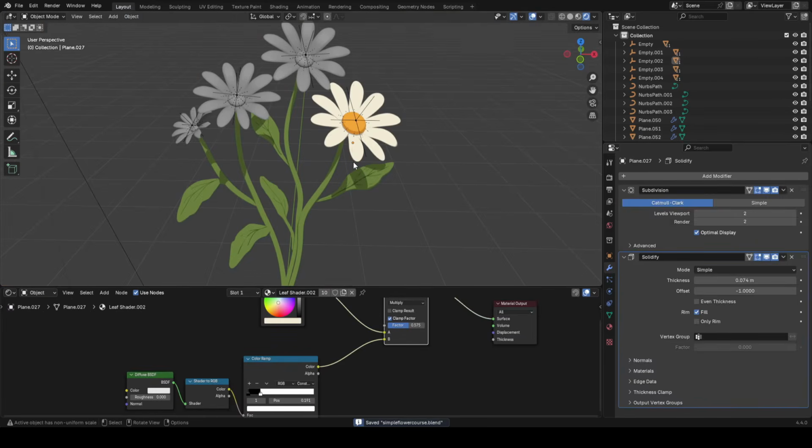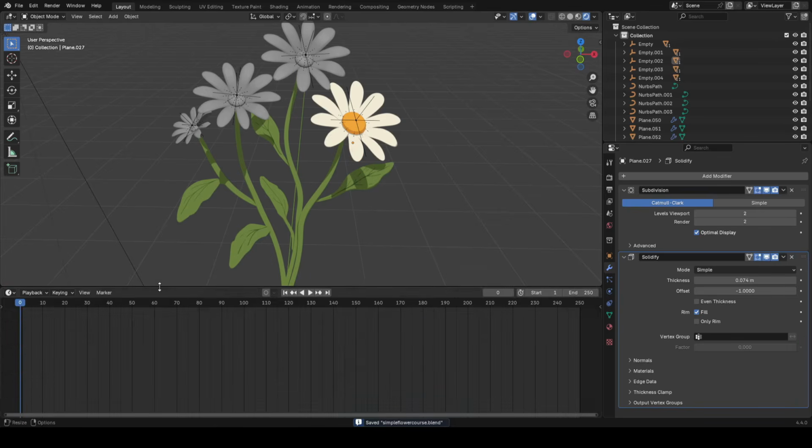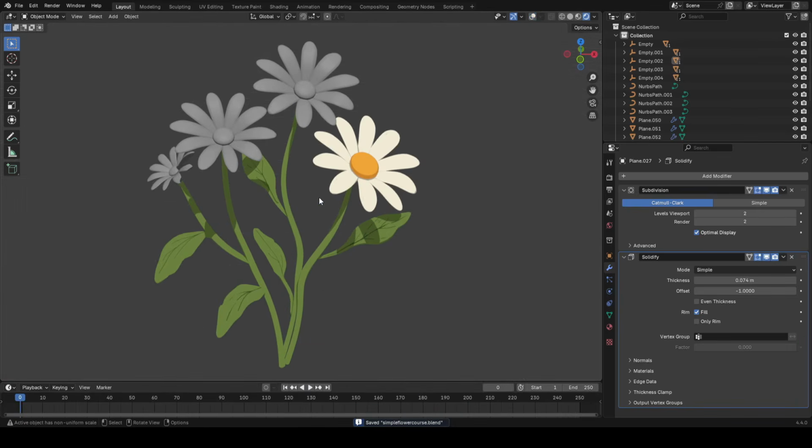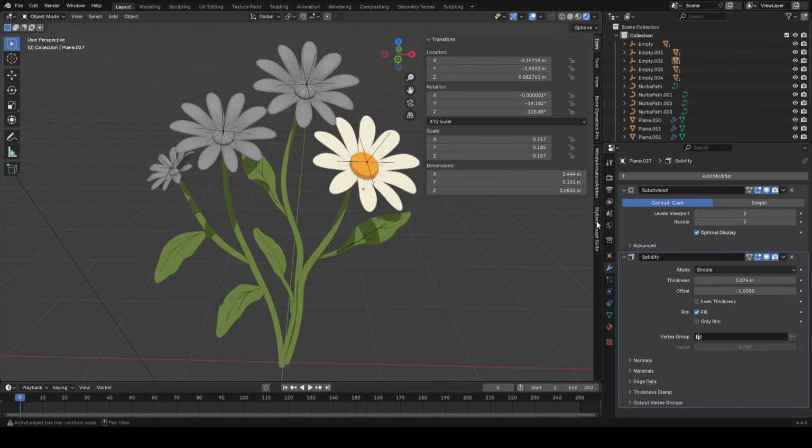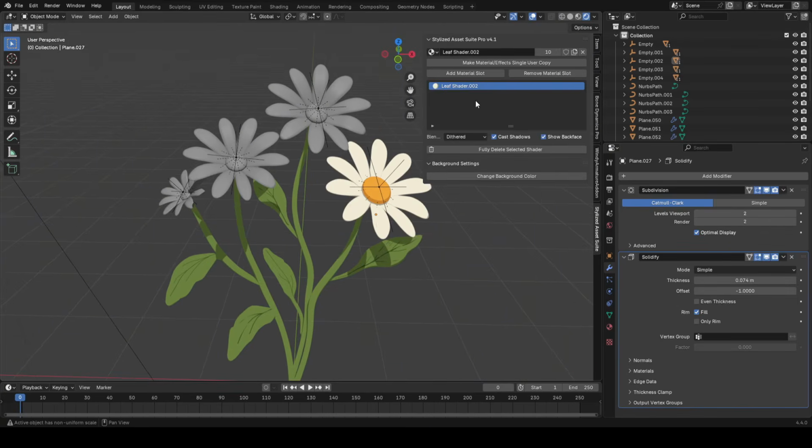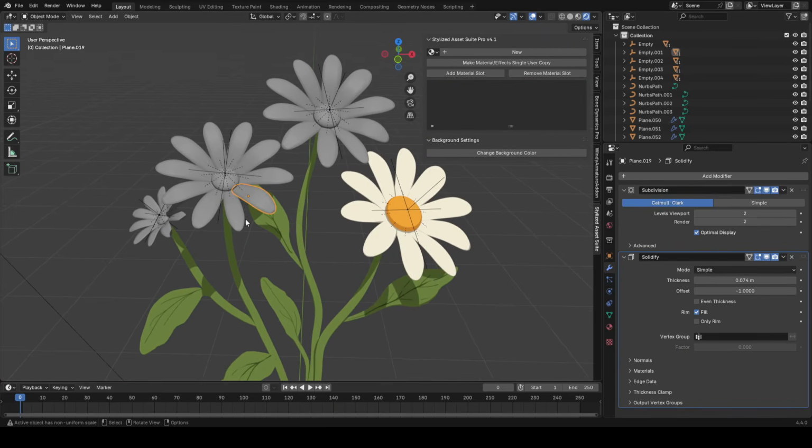Okay, so before we go any further, let's talk about the add-on version now, which is going to be way easier than any of this. So I'm going to hit N to bring up the N panel, and if you go down to Stylized Asset Suite, which most of you probably have the free version, so it'll say Stylized Asset Suite Light by Crazy Saw at the top. And basically if you have an object, so let's do it on this petal,